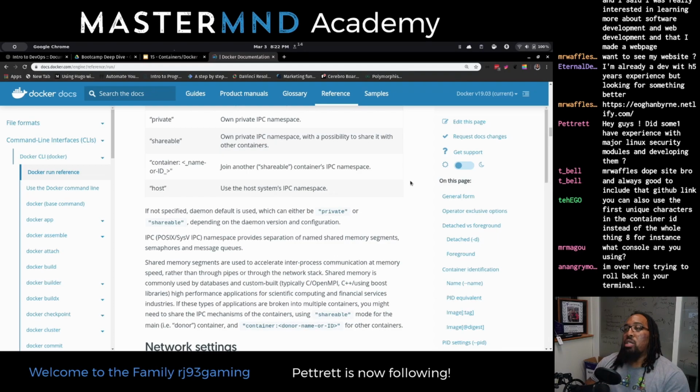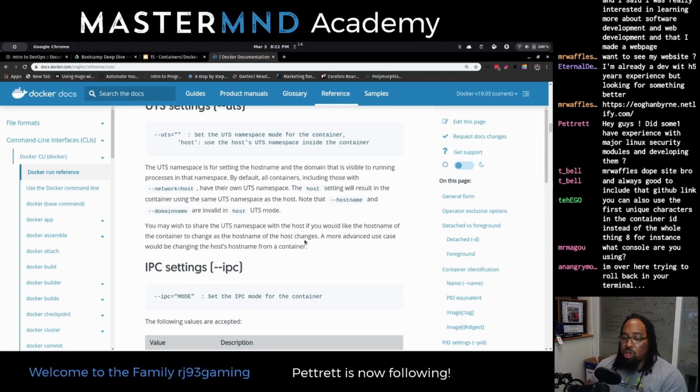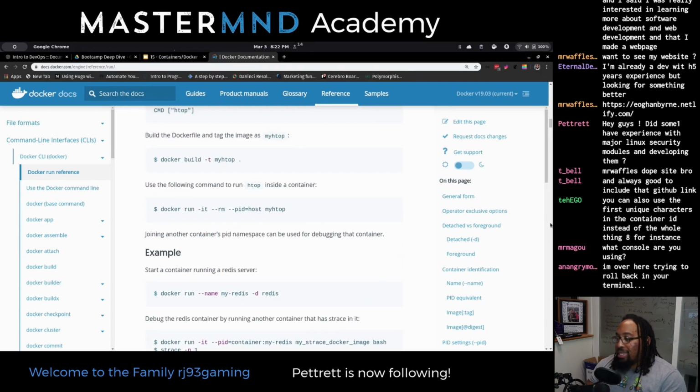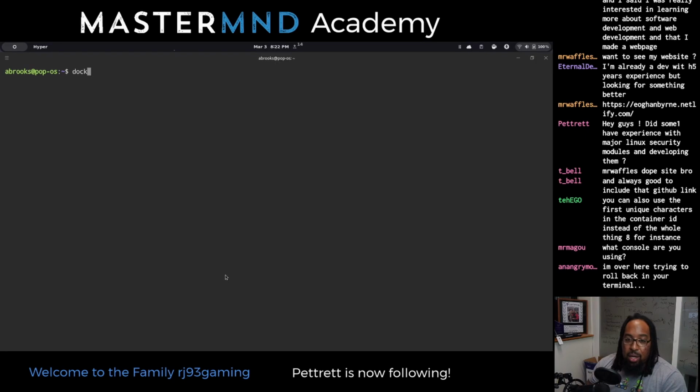All right, so first thing we're gonna talk about tonight is data persistence. Data persistence is a problem in Docker. Remember, these things are isolated. If I were to spin up a Docker container, and again, just to do some practice, I don't have any images right now. But let's say I just wanted a base Ubuntu image to just play around with.